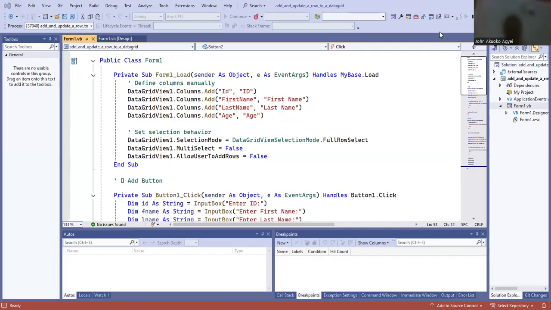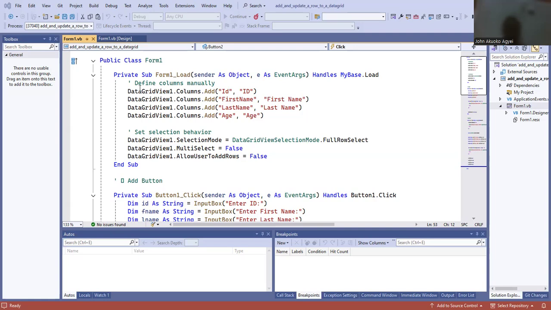So we start a new project, which is how to add and update a data grid view. First, you double click on our form to get the public class Form1 skeleton. So we move on to define our columns manually, unlike what we used to do at first, where we defined a virtual table in memory in which you store the user's inputs. When declaring our columns, we use the name of that variable,